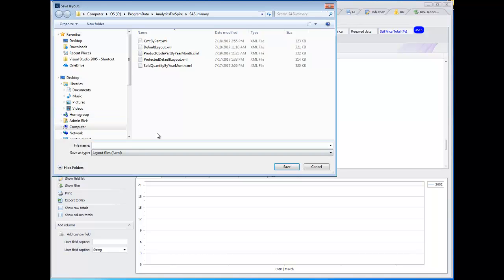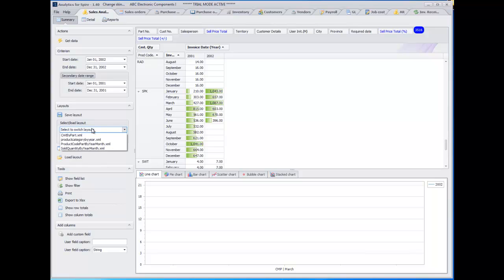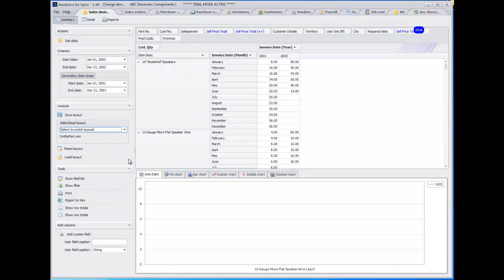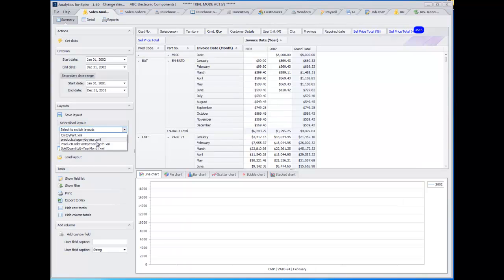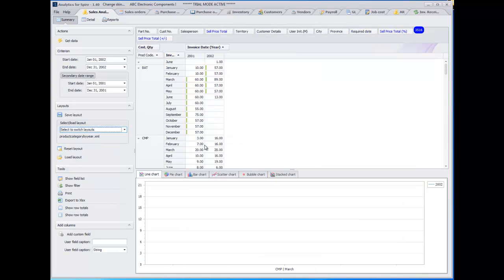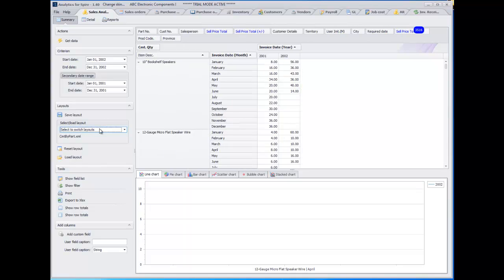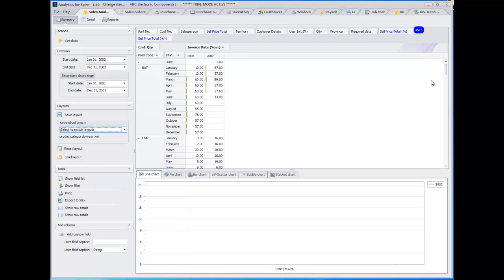Let's say product category by year. When I switch back and then switch back to product category by year, it remembers those data bars for me. Product category by year. And if I scroll down, I can see that again. So lots of tools available, lots of things you can do in the summary grid that are very powerful